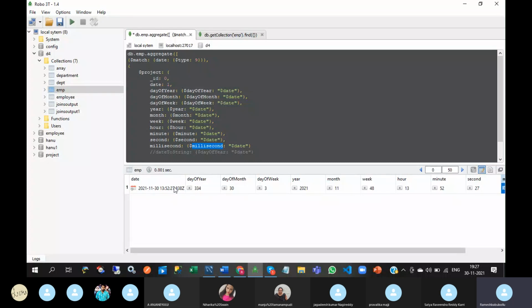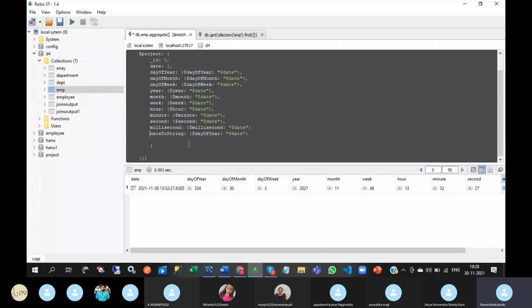Year, month, day, week, hour, minute, second, milliseconds, we can extract by using these operators. And date to string means we can construct a date also.